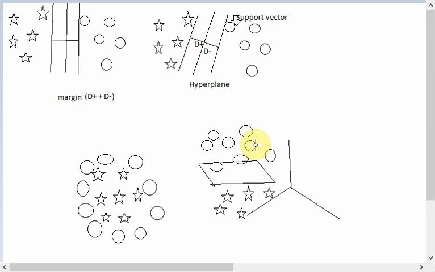Now suppose I provide only a single feature, that is only spherical. In that case I provide the input data, just an apple, or I provide an orange. An orange is also spherical, maybe its radius is also 3 or 4 centimeters, whatever the data, it matches. So in that case it will give the output that it is a ball, but actually an orange is not a ball. So here is the example of underfitting.